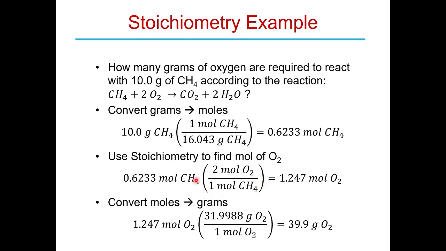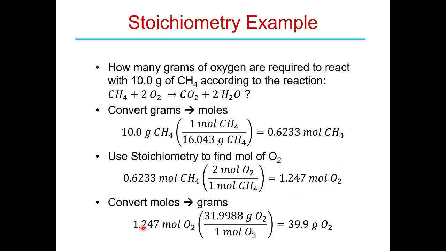So now the moles of methane will cancel out, and we get 1.247 moles of O2. So that's how much O2 we're going to need. But the question asks us about grams of oxygen, so we need to do a final step where we convert these moles into grams using the molar mass of